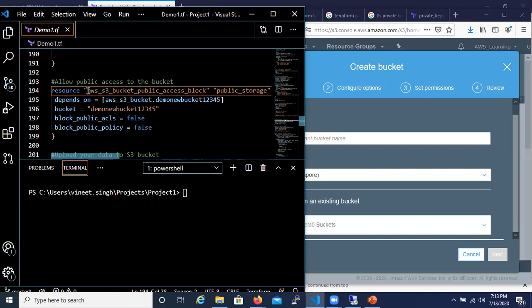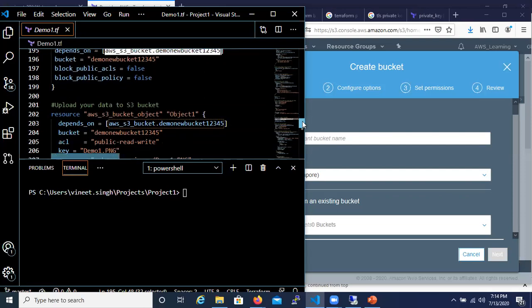This specific resource block I'm going to use to make sure that the access level for that bucket is public. By default, the block public ACL is defined as false, and the block public policy is also false. And this you can do only once the bucket is created, so I've defined this as depends on the previous bucket creation part.